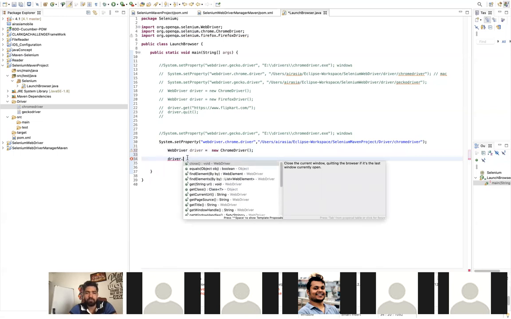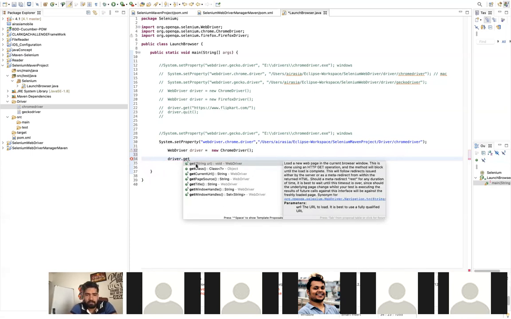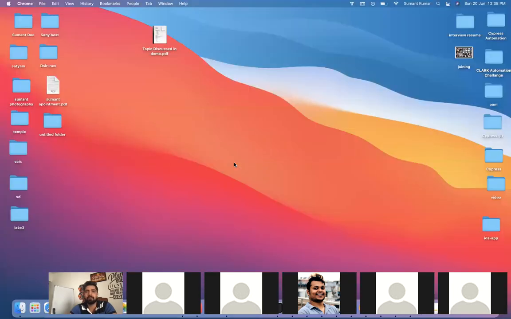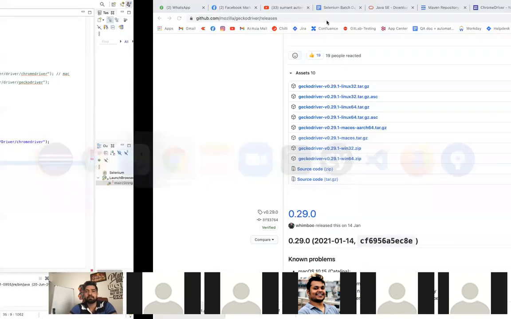For launching or navigating to any URL, you can use either driver.navigate or directly get. Let's see, get is there, right? So driver.get, and which website do I want to launch? Let's say I want to launch Flipkart.